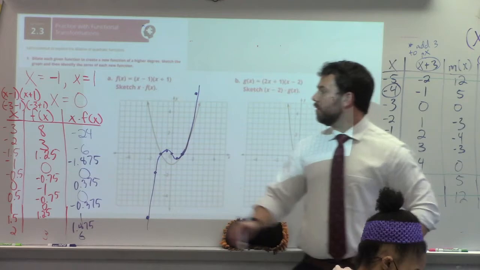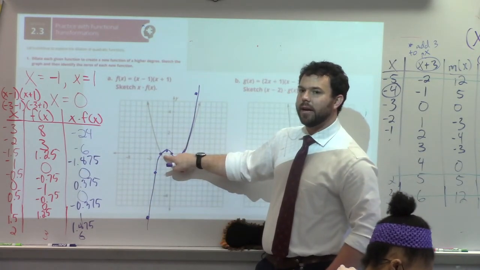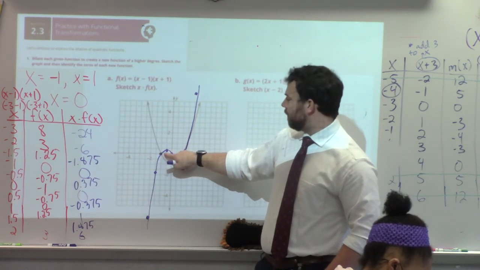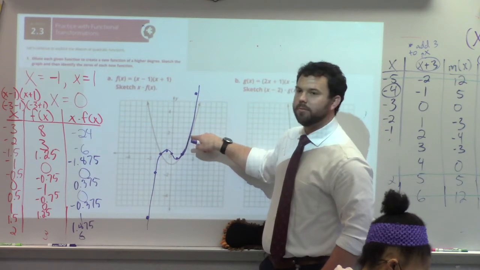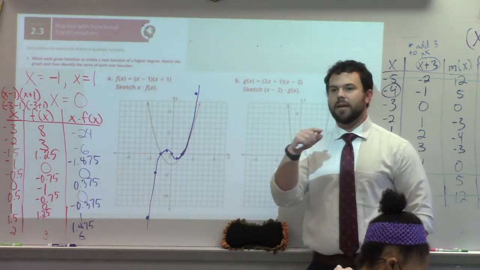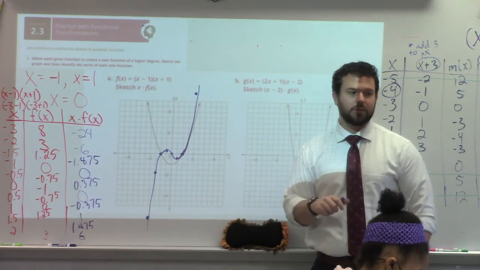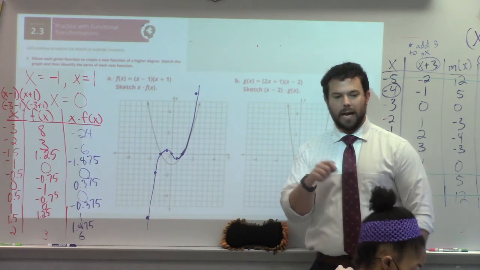Because if you know that none of those roots are double roots, you know you've got to go through it, right? Which means you'd have to go into the positives and come back down through that 0, go into the negatives, and then go back up through that 0 and go into the positives. That would have been okay in just approximating where the max and the min were. That's okay with me. But I will point out that if you do the halves, you do see that extra